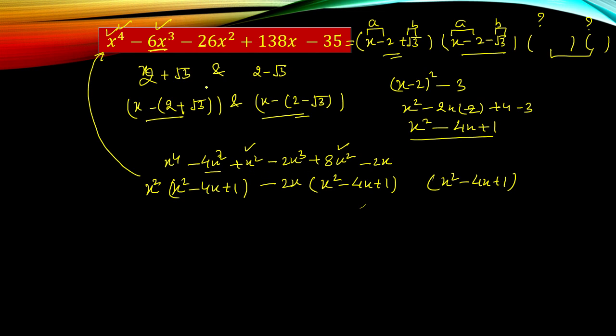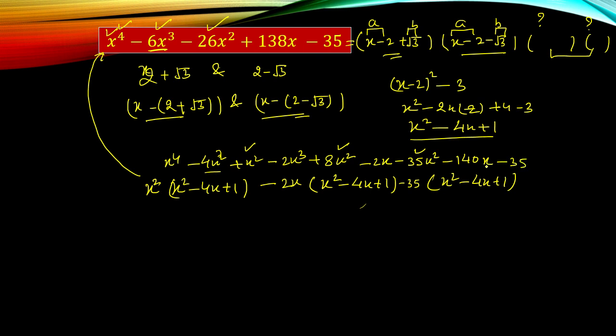So how can we get minus 26? If we are going to multiply here by minus 35, this will give us minus 35x square. This is minus 35x square, and minus 35x square plus 8x square plus x square, all three terms we are adding, we will get minus 26x square. This task is also completed now. Minus 35 into minus 4x, so it should be minus 140x. And now minus 35 multiplied to plus 1, it should be minus 35. Let's see whether our task is completed or not.